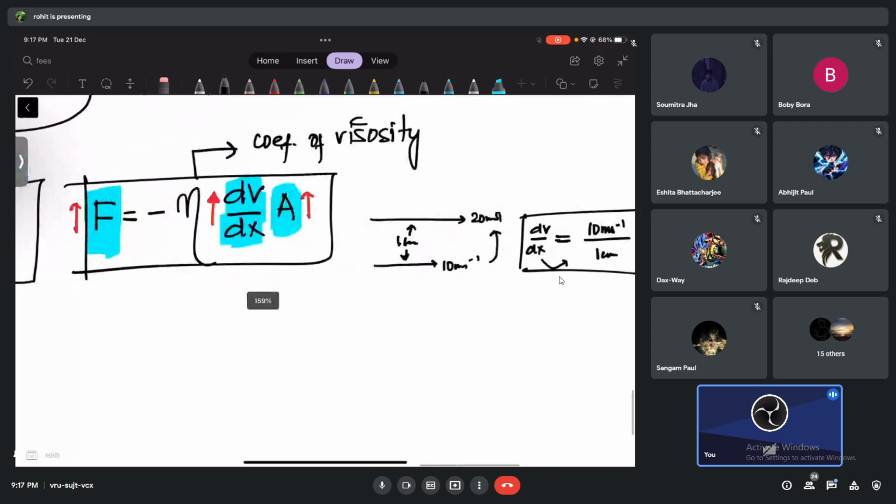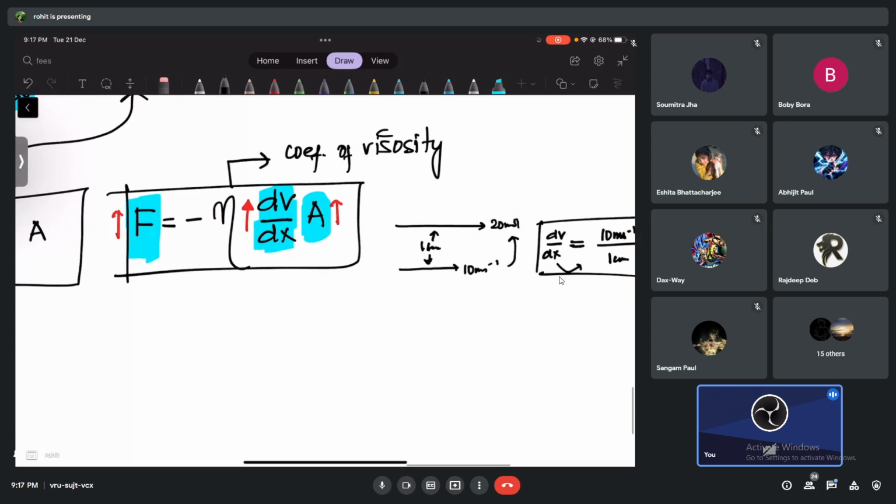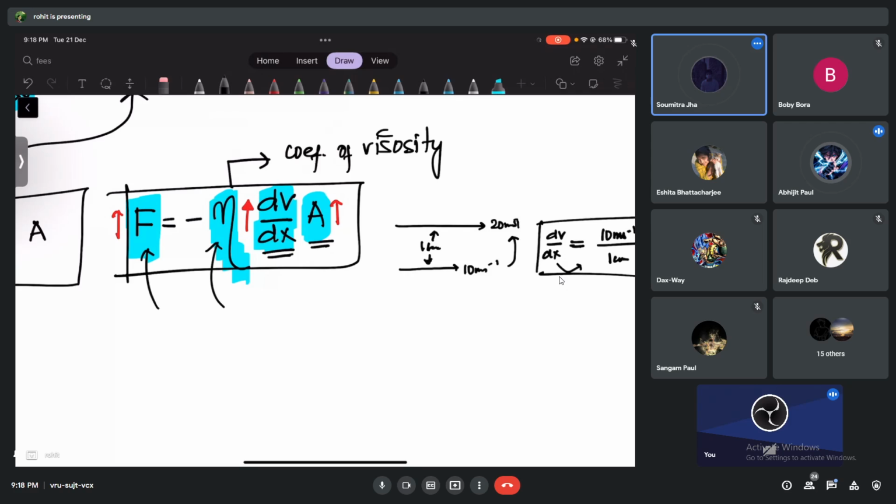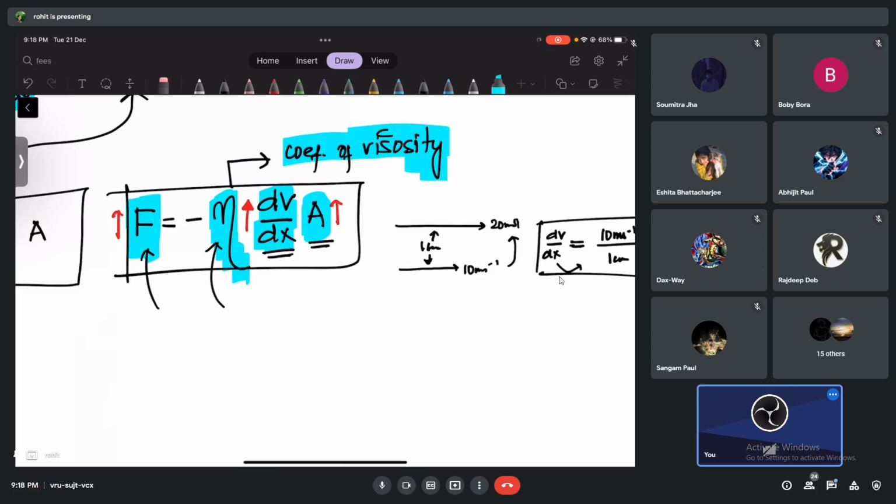Plus minus depends upon which layer we are talking about. Okay. And finally, please tell me, what is this eta? Why is it there in this formula? Because the viscous force not only depends on the velocity gradient, not only depends on the area, but also depends on the nature of the liquid. And this nature of the liquid is entering as what? We call it the coefficient of